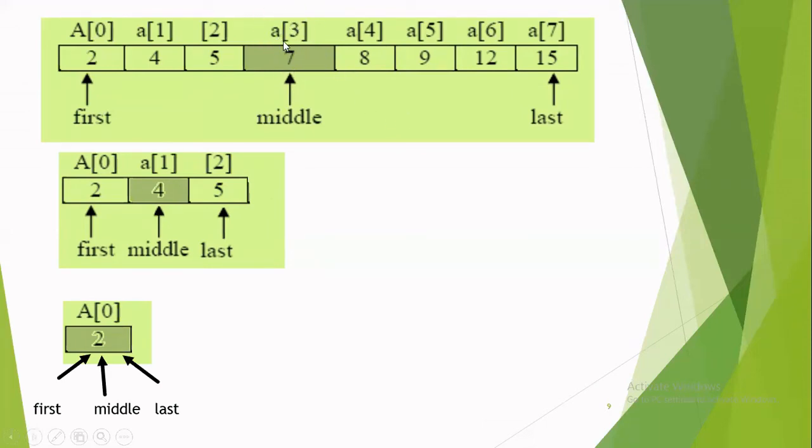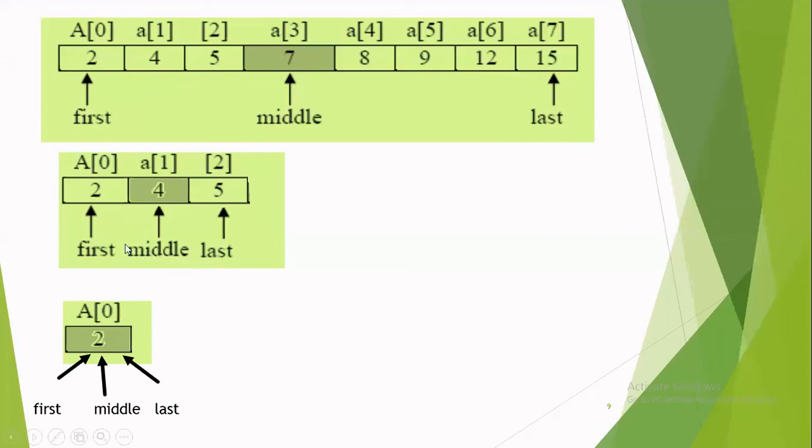Now you are going to compare your search element, that is 2, with the middle element. They are not same, but 2 is lesser than 7. Hence, you are going to move your last pointer variable to middle minus 1, because you are going to search only the left half of the array. Okay, because 2 is less than 7, you're going to consider the left half of the array. The searching operation will be now only towards the left half of the middle element. Okay, hence you will move this last pointer to middle minus 1, that is to an index value 2.